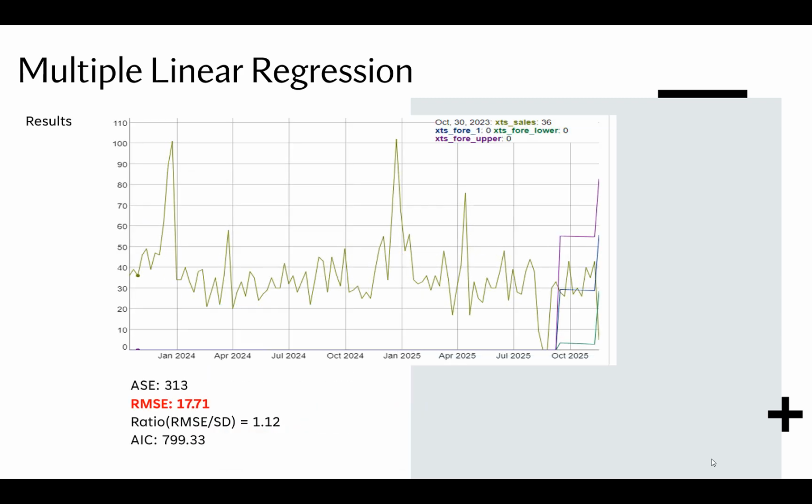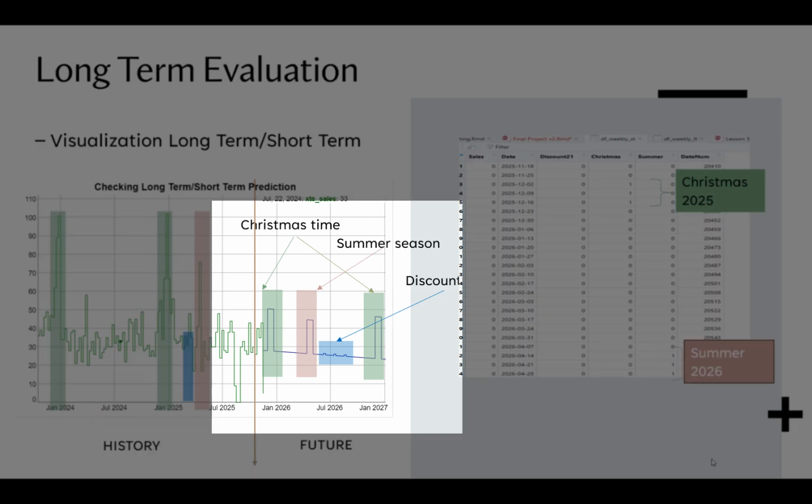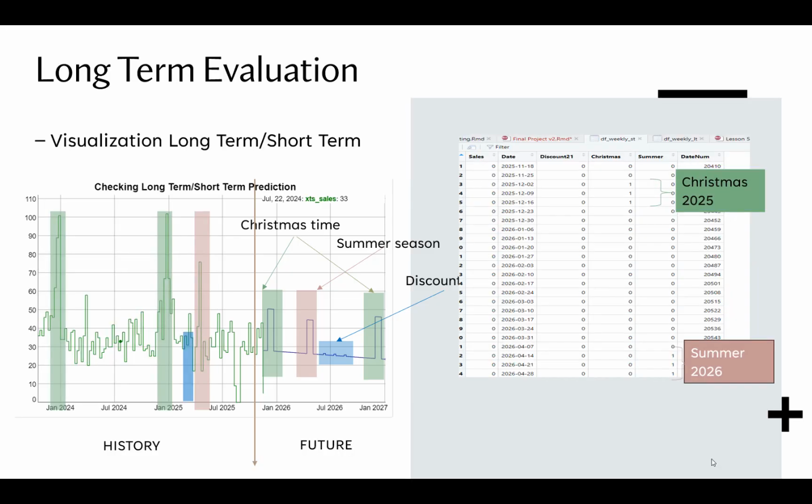The MLR model also seems to be struggling to adapt to the strong variability of the data and irregular behavior. What we did here was to create future data using, of course, the insight of the retail planner for seeing how well the forecast behaves in the future when these events are on. Even though the RMSE reflects that the MLR performance is not very good, for the long-term horizon, MLR could be a good alternative because it reacts very well when irregular events like Christmas and the summer season are taking place.